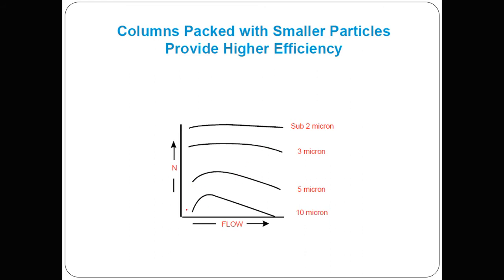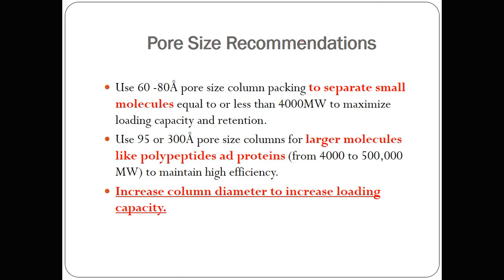Columns packed with smaller particles means, for the same flow, sub 2 micron compared with 3 micron, 5 micron, and 10 micron, you can see the results. And for pore size recommendations, if you are using 60 to 80 angstrom pore size,